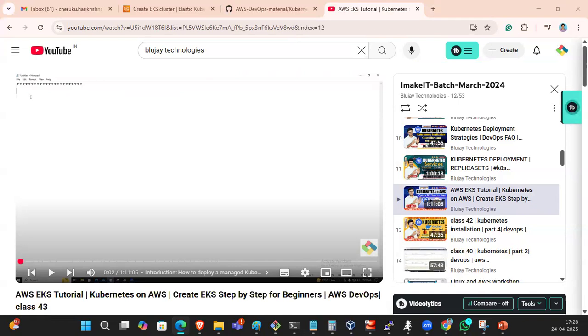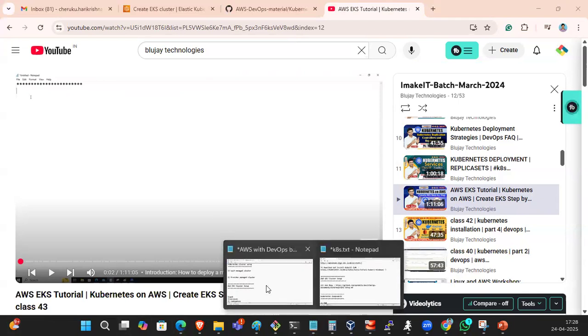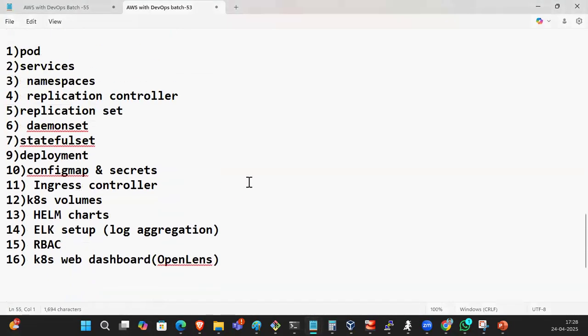Guys, please prepare the EKS setup on your AWS console. Then we'll discuss what is a pod, what is a service, what are namespaces, what is a replication controller, replica set, daemon set, stateful set, deployment, config map, secrets, ingress controller, Kubernetes volumes, Helm charts, EKS setup, RBAC, and the Kubernetes web dashboard. Once you install the EKS setup,